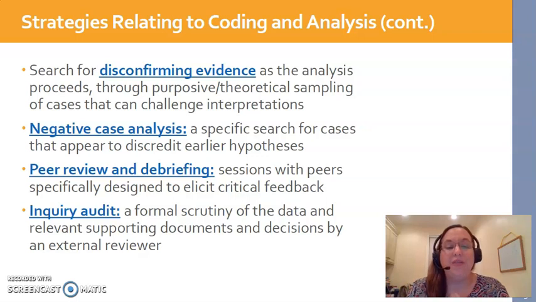By doing that, it makes us look at things from a well-rounded picture. It keeps us from being totally biased and slanting the information the way we want it to go, because that's definitely not trustworthy. If I already know from the onset what I think the themes are going to be, and I just go with that and don't listen to what the people actually say and try to talk to different types of people, then I don't have a very good theory that I'm building.